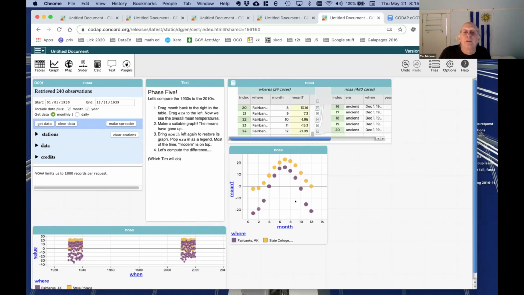This graph now shows the graph by month, but it's averaging everything from the 30s and the 2010s. So I want to do what it says here. I'm going to drag month back to the right. I want to find the average temperature for the 30s and the average temperature for the teens. And so to do that, I'm going to use era as my